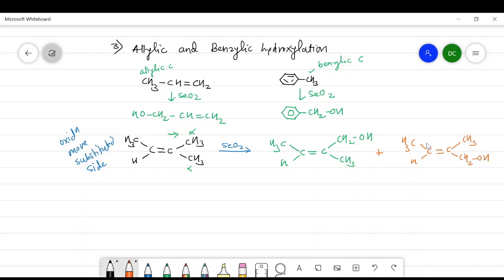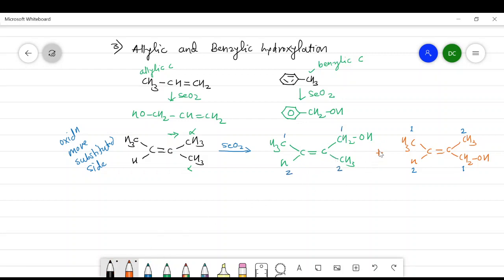Now there are different groups attached on a carbon. This carbon possesses CH3, H, this carbon possesses CH3, CH2OH. This carbon possesses first priority because its atomic number is greater than this hydrogen, which possesses second priority. On this side, there is a presence of oxygen, therefore this possesses first priority, this possesses second. On this compound, priority will be like this, first and second.